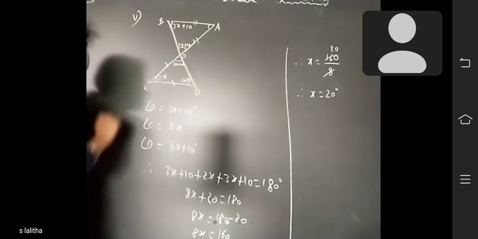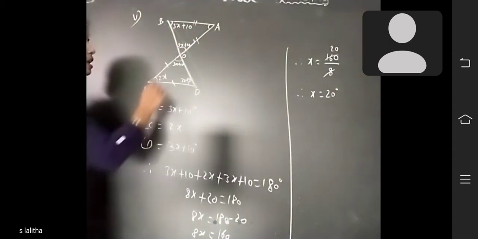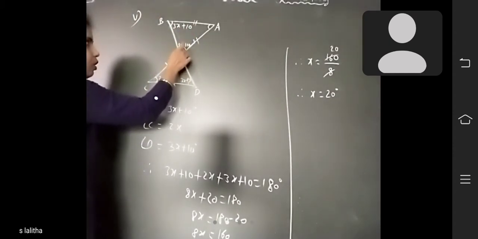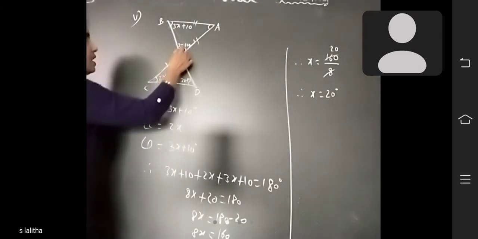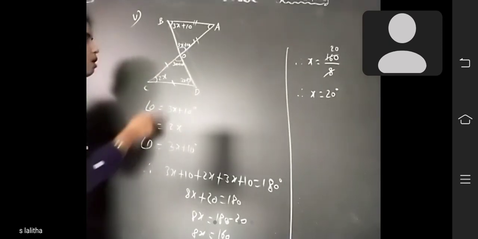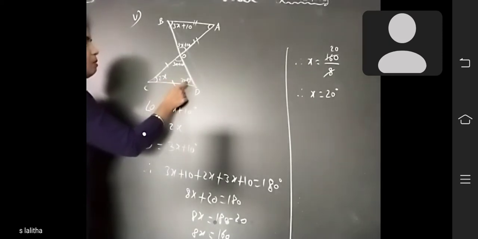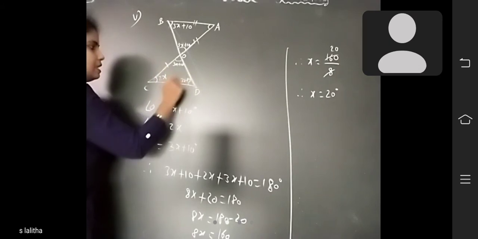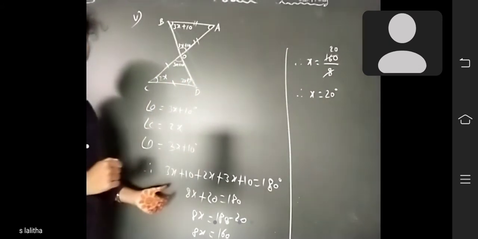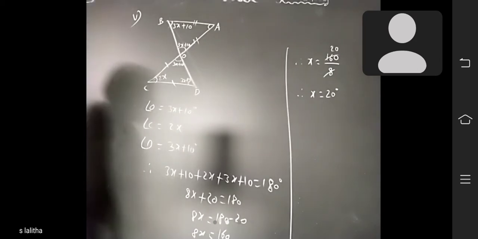Okay, children. Here these two sides are equal, so the opposite angles are equal. So here 3x plus 10, here also 3x plus 10. Now here we know this value. Vertically opposite angles are equal. That's why we are taking the same 3x plus 10. Now here these two sides are equal, so the angles are also equal. So here the angle will get the same 3x plus 10. Now we know the three angles. That's why we are taking the sum of all the angles of the triangle is equal to 180 degrees. Okay, children? Did you understand? Right.